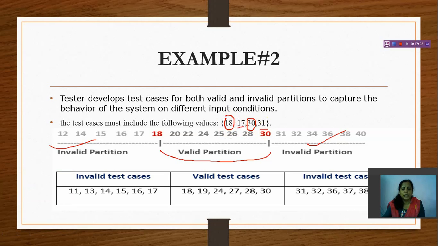First one is equivalence class partitioning, where we partition the input domain into different classes and check the system by giving some valid input and some invalid input. And the second one is boundary value analysis, in which we focus on the boundary range of the input and check it through some invalid and valid test cases.